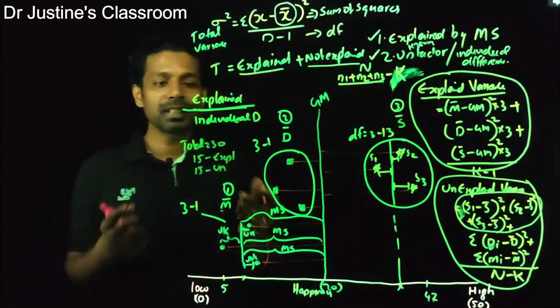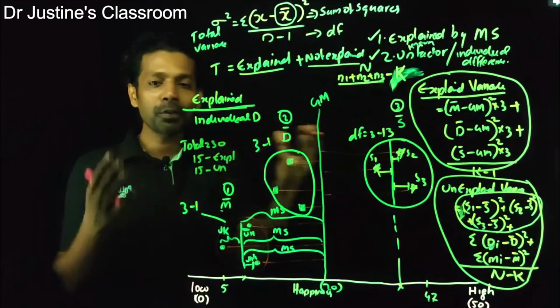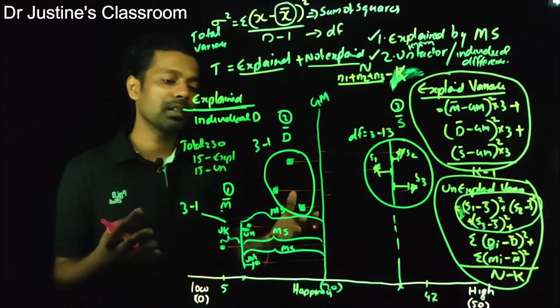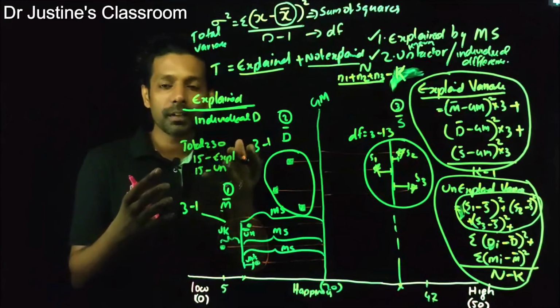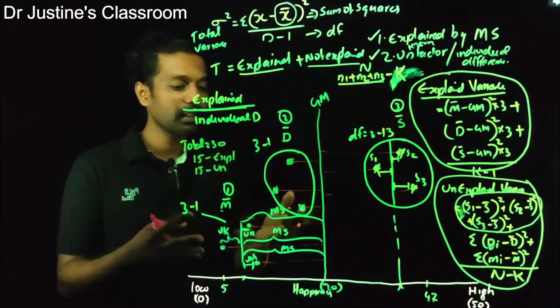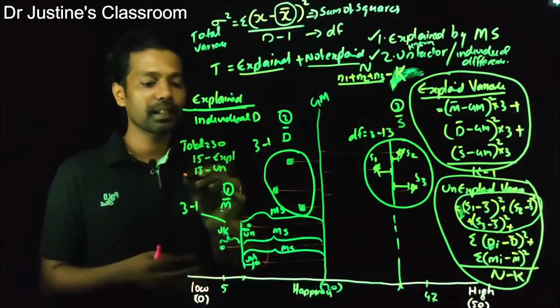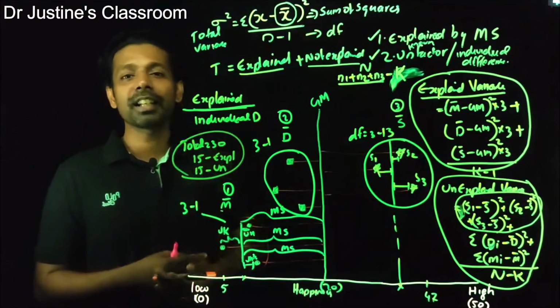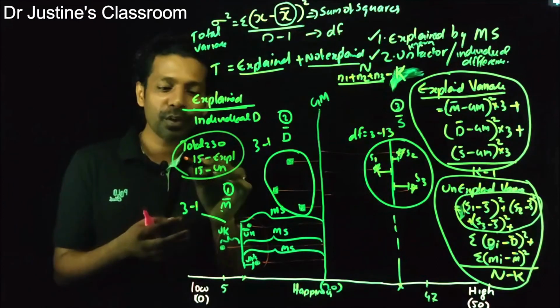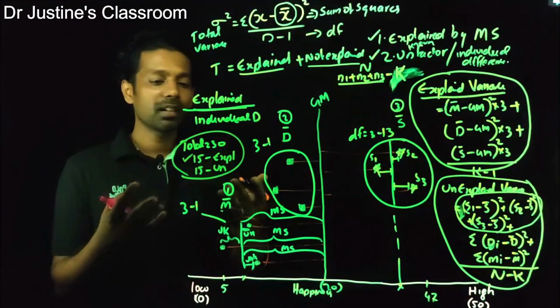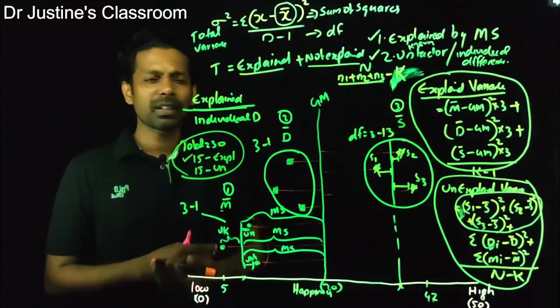Now, this means half of the variance is due to the individual difference, and the other half can be explained by the variable that we have considered. Now, can we really rely on that one? That 15 also could be an indication of random fluctuation like this. So I said, oh, not much.